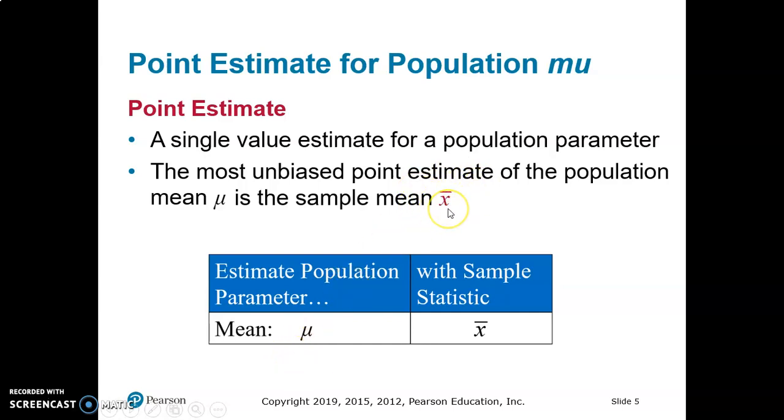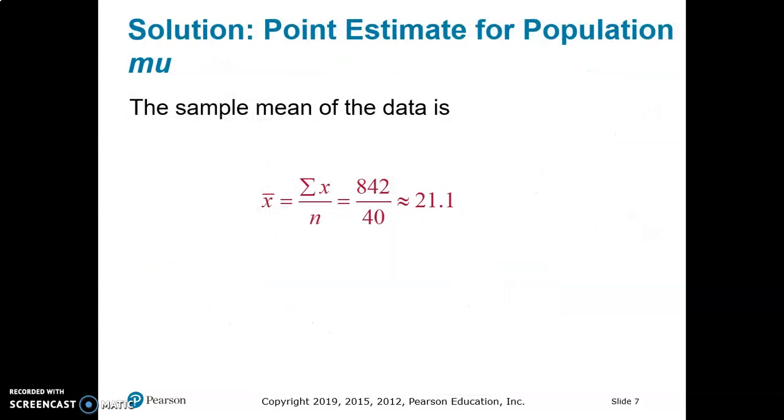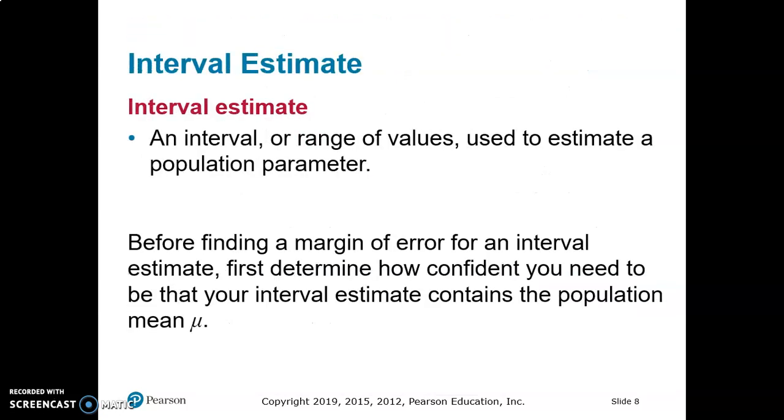Also, we have no way of calculating the probability of being a little bit off versus really far off. We don't have a grasp of how far off X bar is from the actual mean. And that's why these interval estimates that we've talked about in part one are so important. So let's get back to